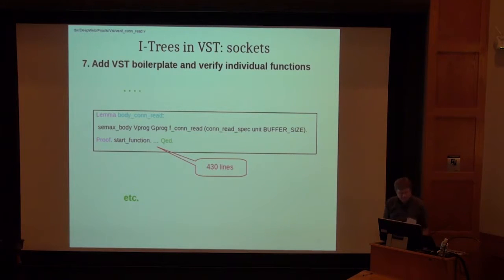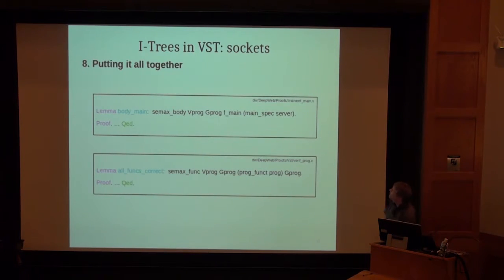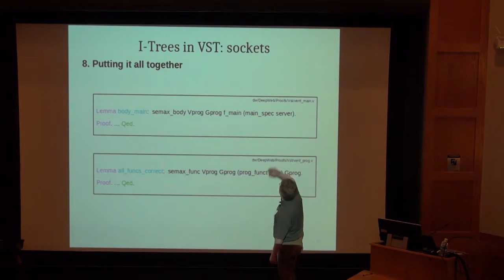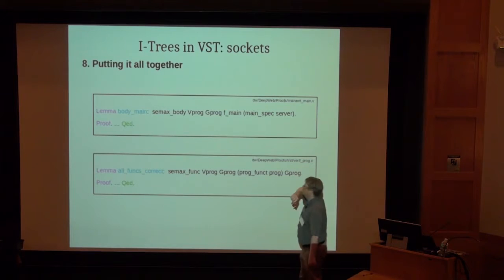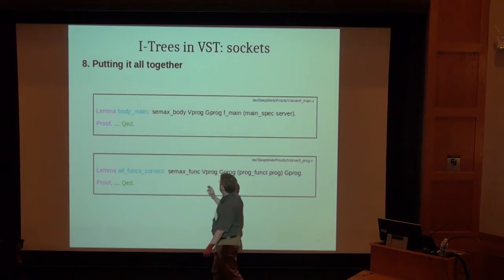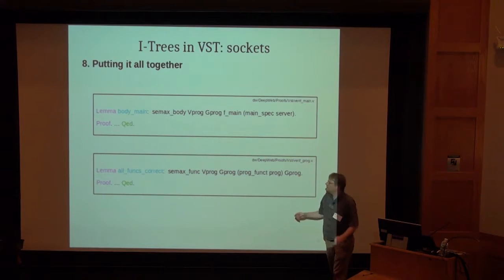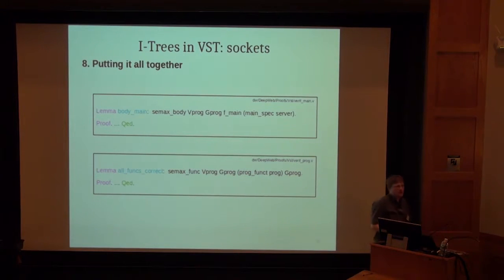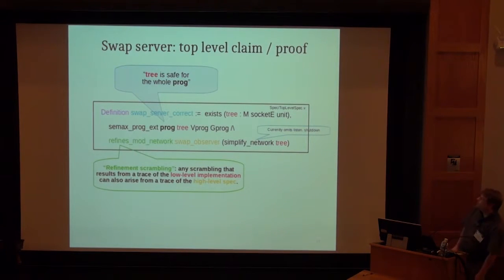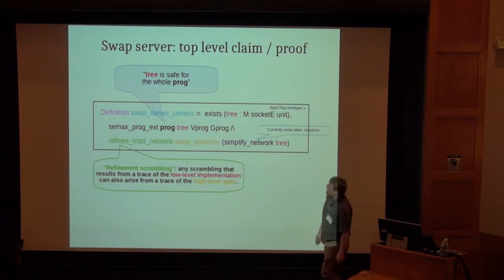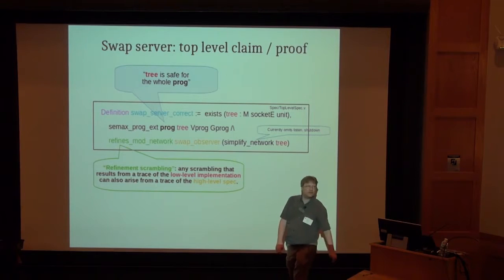This proof is 430 lines in the current version, so more VST proofs. Great. Potential for more automation. And we do that with all 16 or so functions. And in the end, you can verify something like this. This all functions correct, which again combines the proofs of the individual functions to a statement about the entire program, guaranteeing that if there were any sort of mutually recursive calls, for example, between C functions, all that would be resolved correctly. And then this is something that we want to now combine with the top-level property that Benjamin mentioned